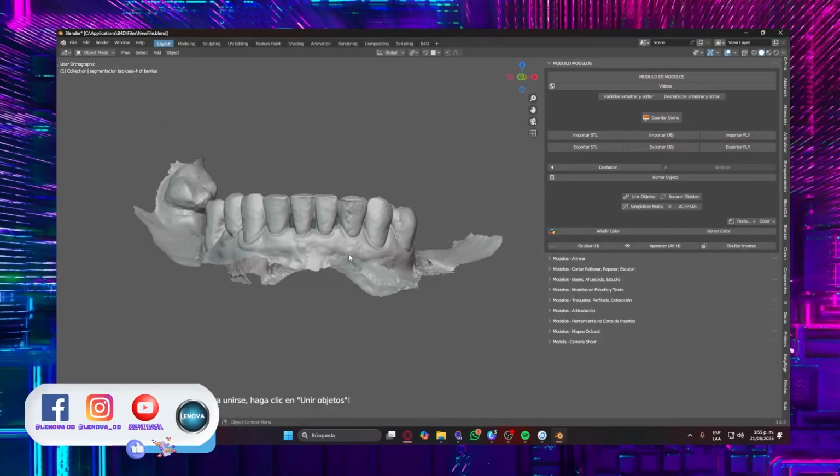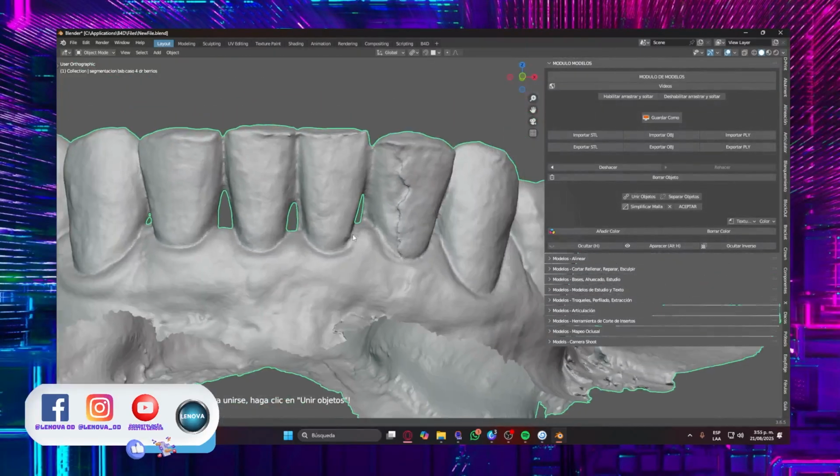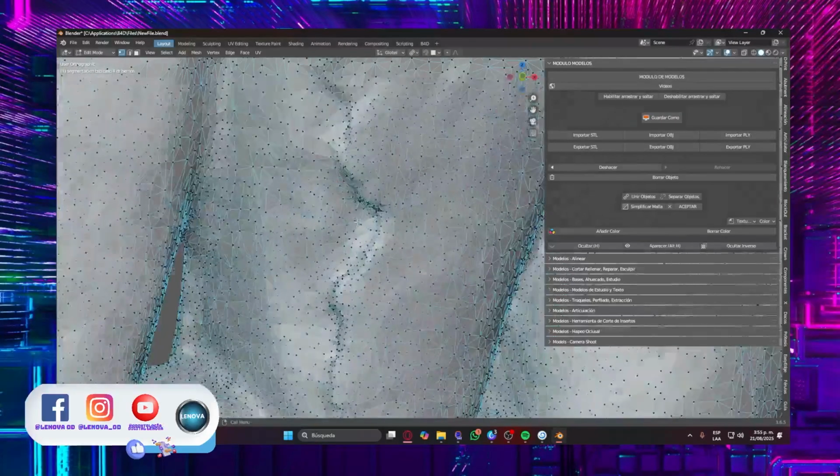Look at the errors of a Chinese scanner. I mean, don't take it the wrong way. I'm not being sarcastic or saying this is the best. You have to buy it. No, I am showing you the consequences of the photography technique compared to the video technique. Ready? This is the mesh. In theory, this is the vestibular surface of the tooth. We all know that's not the